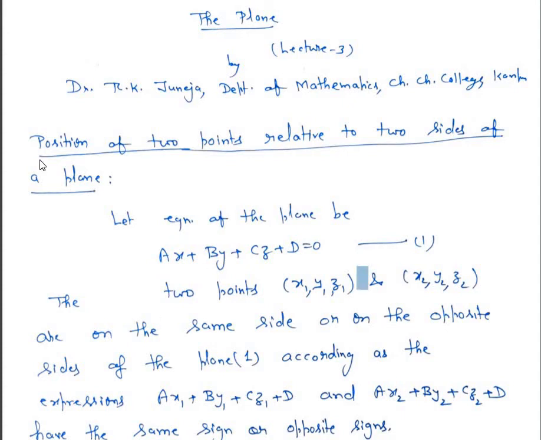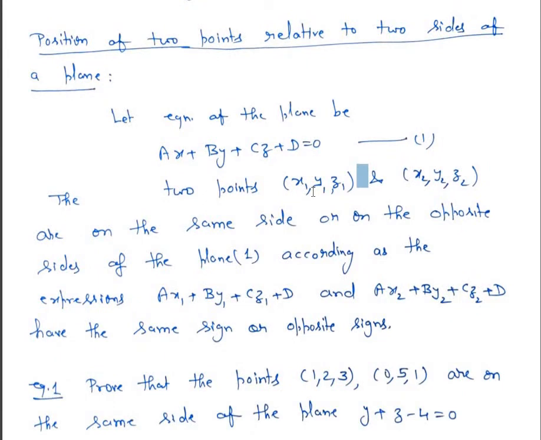Dear students, let us discuss how to find out the position of 2 points relative to two sides of a plane. Suppose the equation of the plane is ax plus by plus cz plus d is equal to 0 and the 2 points are x1, y1, z1 and x2, y2, z2. Now these 2 points are on the same side of the plane